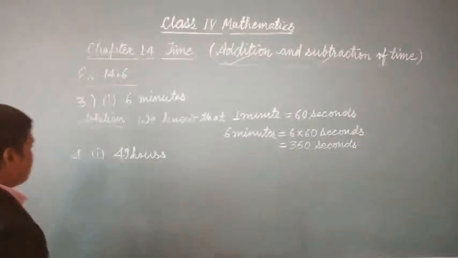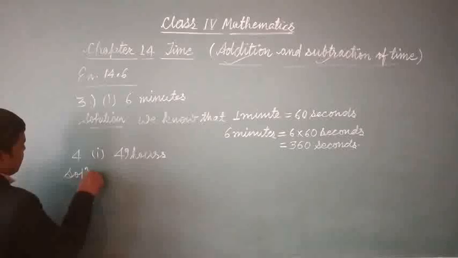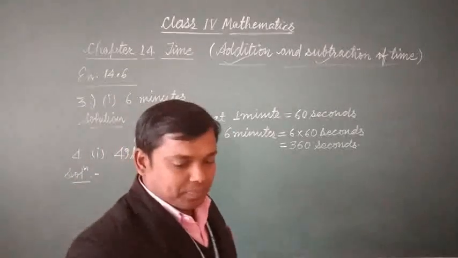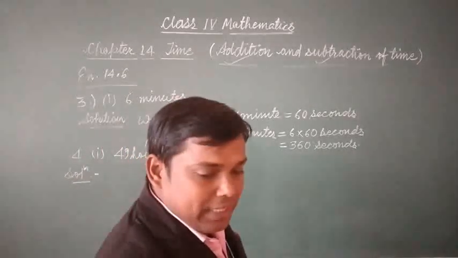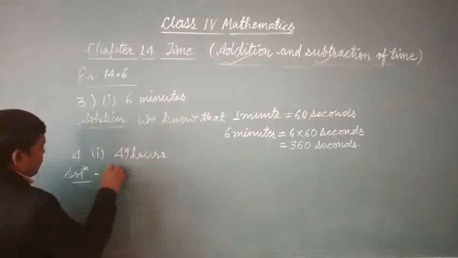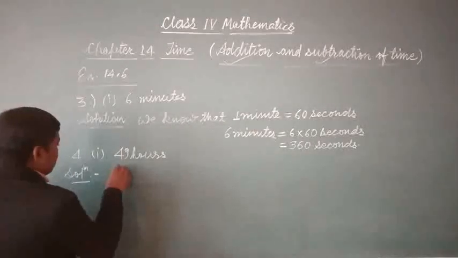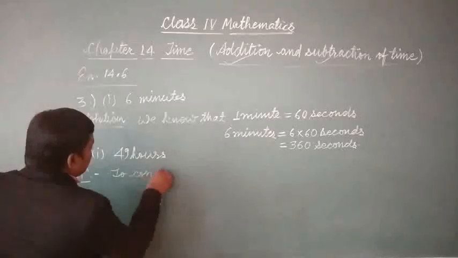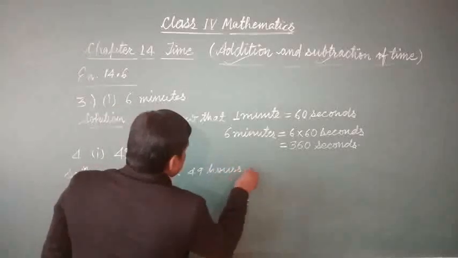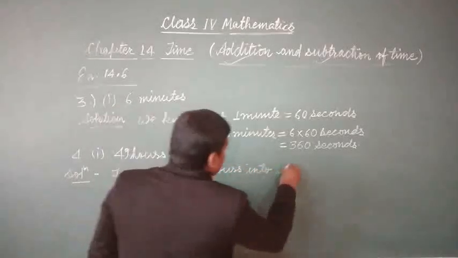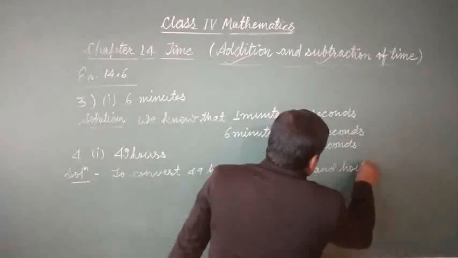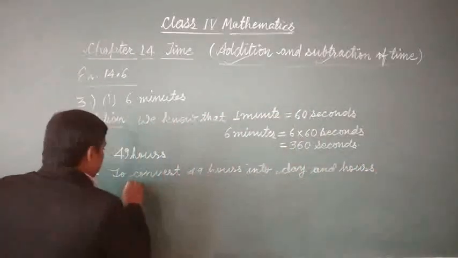So we write solution. To convert 49 hours into days and hours, we divide it,